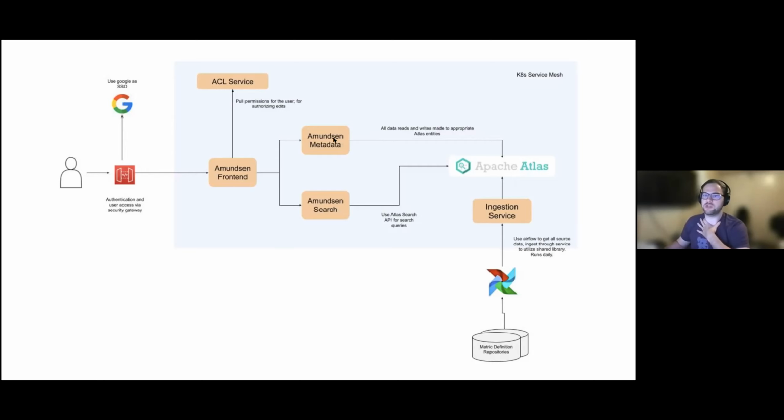Almost all requests for either metadata or search go straight into Apache Atlas, which is hosted by another team of ours. This is still all within a Kubernetes service mesh. So almost each of these is some type of Kubernetes service that we communicate with as a microservice interaction. We decided to use the Atlas Search API because, as I said, this other team,